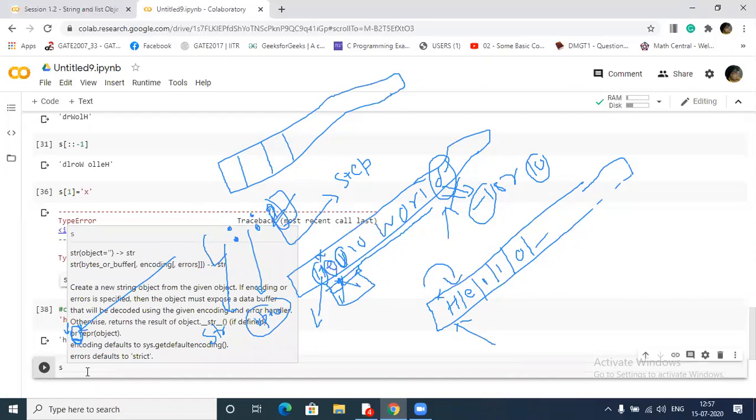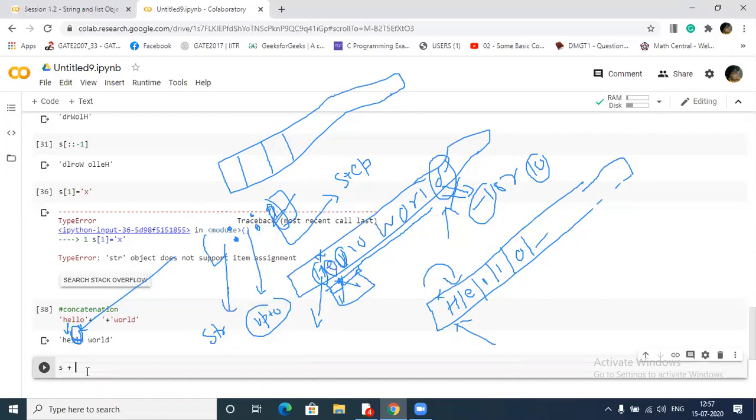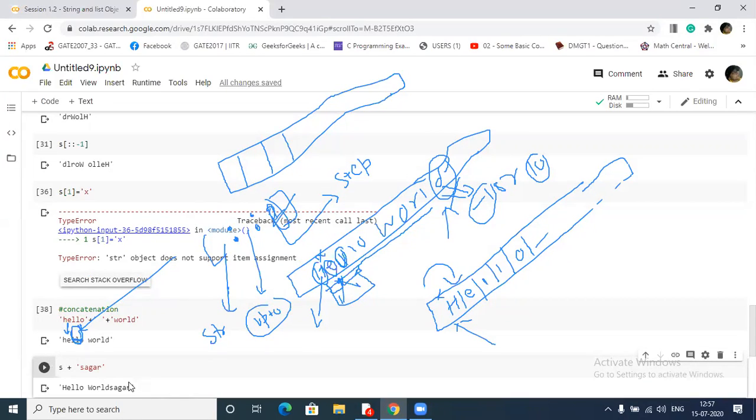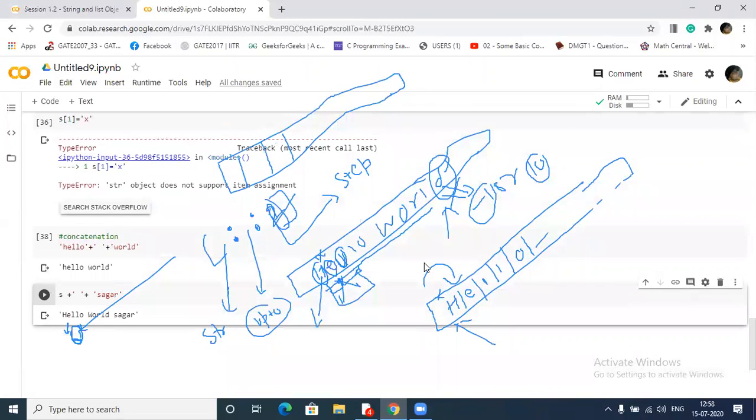And S plus hello world, and let me add Sagar. If I want to give a space, no problem, you can write here and give one character as a space. This way you can concatenate, not a big problem. It's a simple topic.